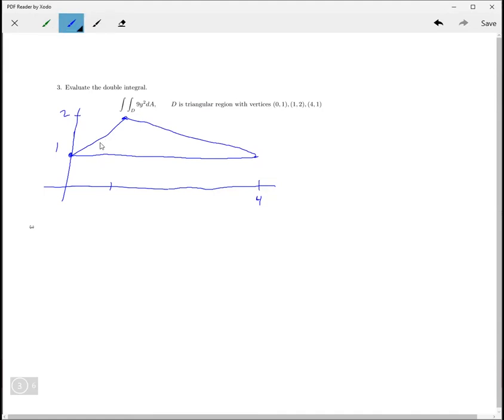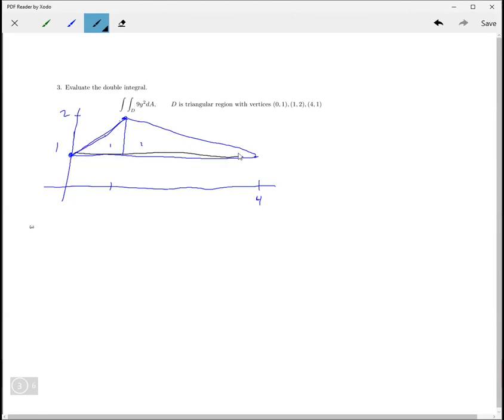Okay, so if we're looking at top and bottom, then you have one thing up to here, and then from here over you have something else, right? So if we look at it vertically like this, then you have something here, and then something else over here. So the function that determines this upper bound is different than the function here. So you could split it up into 2 integrals that way, if you wanted to do it that way. Or the other option is you could go this way,